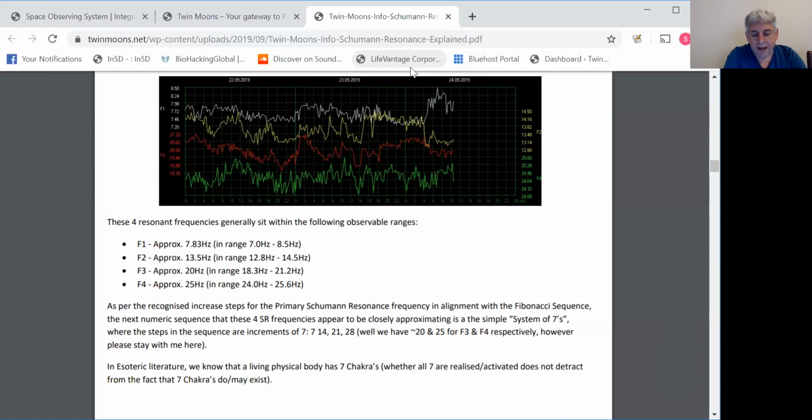Whether you're talking about the primary colours of the visible light spectrum, there being 7 primary colours, or the notes in a musical arrangement, there are seven primary notes. Obviously, you've got flats and sharps and so forth, but you've got 7 primary notes, and then the 8th note is actually the first note in the following octave. So it is consistent with sevens, and you have 7 chakras from base to crown chakra.